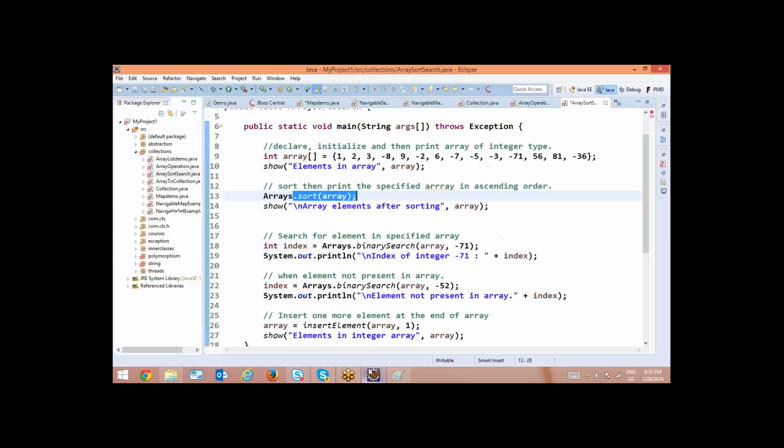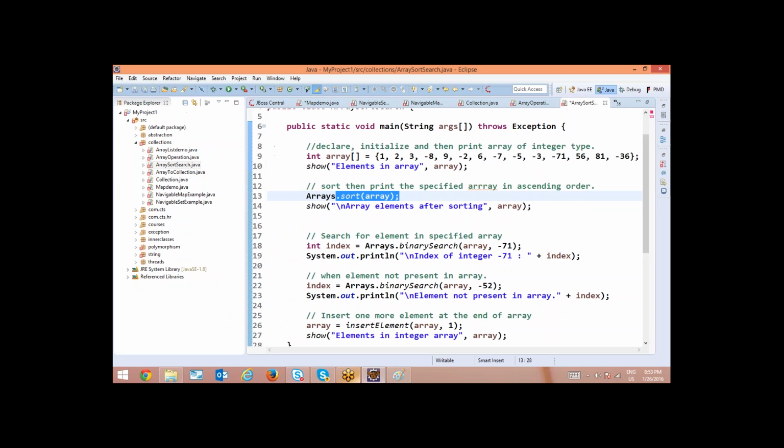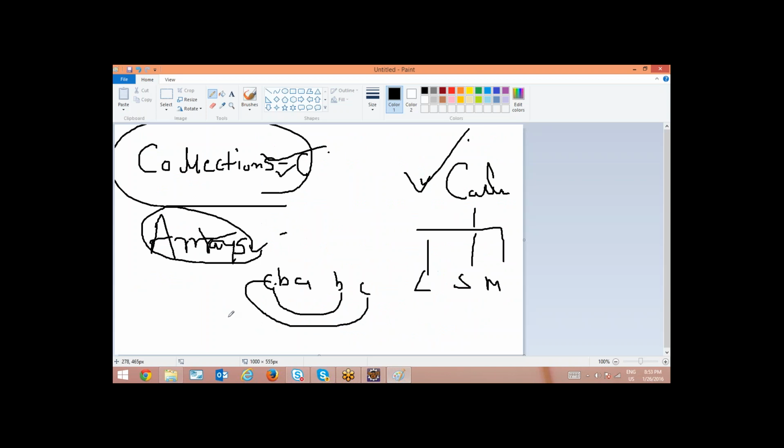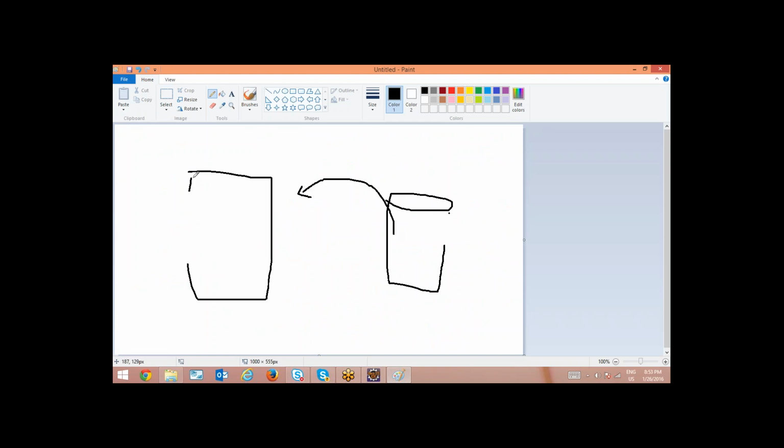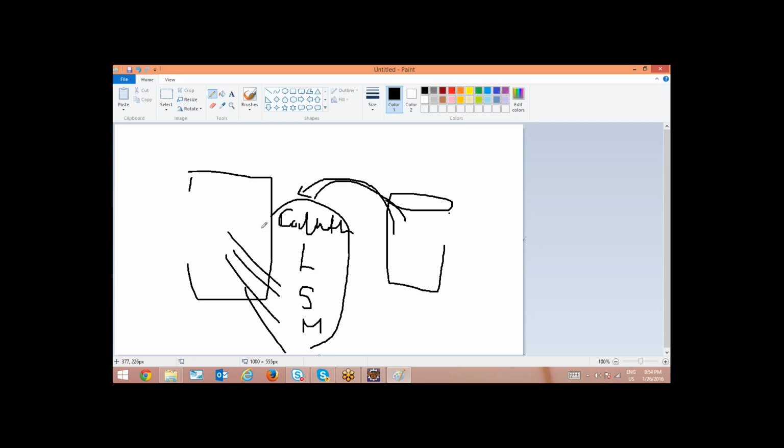So these many classes you must be aware of, and this is a very important concept. Because in future when we are going to map with the database, from the database we will be getting hundreds and thousands of records into your application. So those records we will be mapping into all of our collections classes. Depending on our requirement, it can be mapped to a list, it can be mapped to a set, it can be mapped to a map. And then we will be working with the collections. That is the main strength of collections.